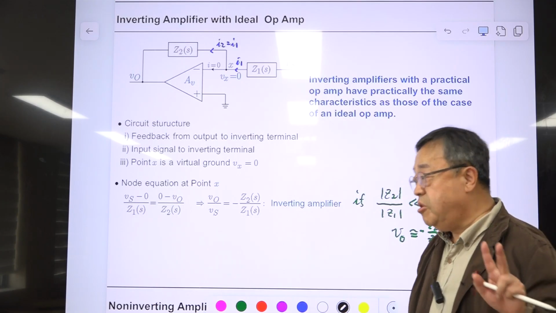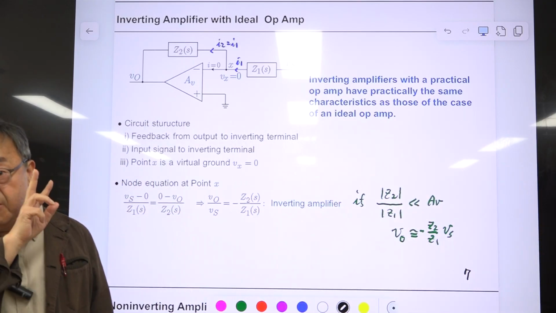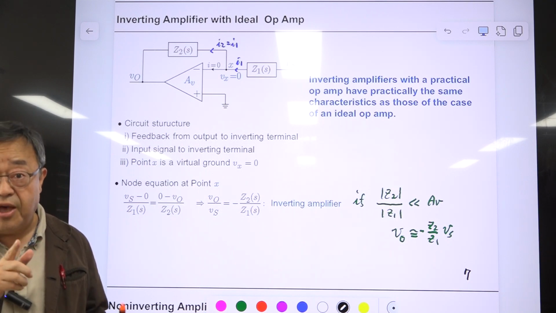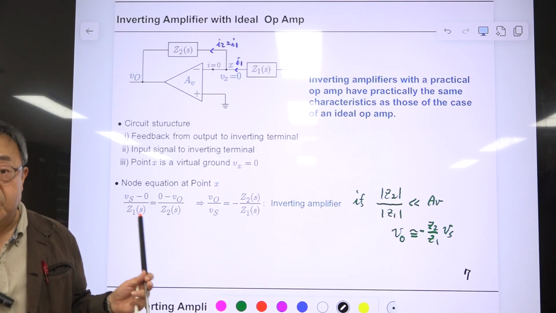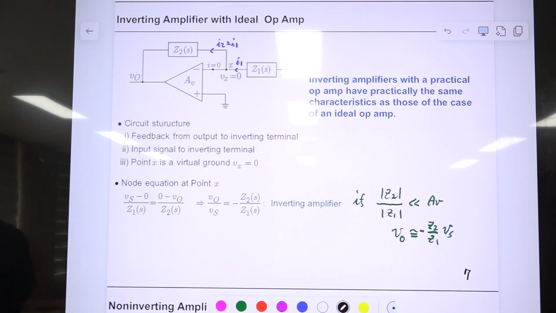So in principle, there are only 2 kinds of amplifier: inverting amplifier and non-inverting amplifier. Then you have all the knowledge about the application circuits of the operational amplifier, in principle. In practice, you need some practice to get familiar with this circuit analysis. This is a summary of this circuit structure.